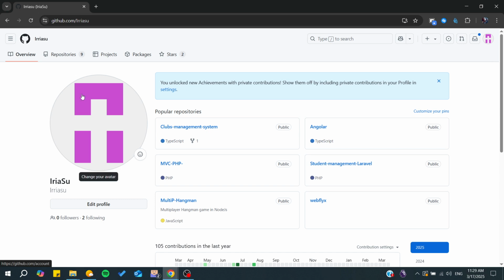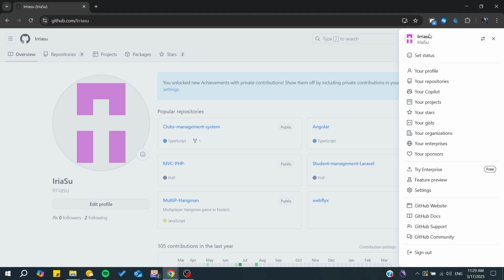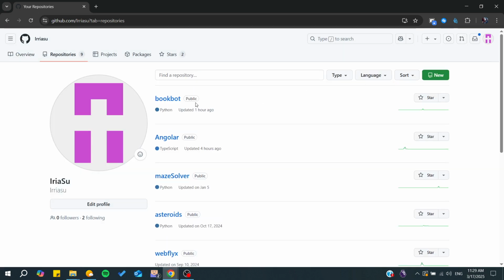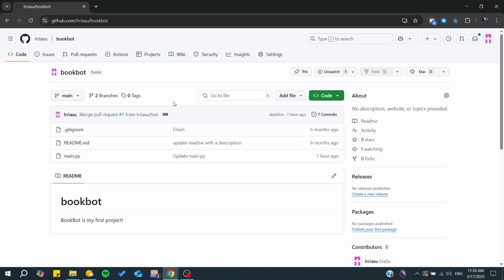So the first thing would be just to log in to your GitHub. And after that, we will be needing to go to the repository where you want to create a tag. So basically, we need just to go to the profile and then go to repositories, and we can find it here, your repositories. Then we will be needing just to go to the repository where we want to create